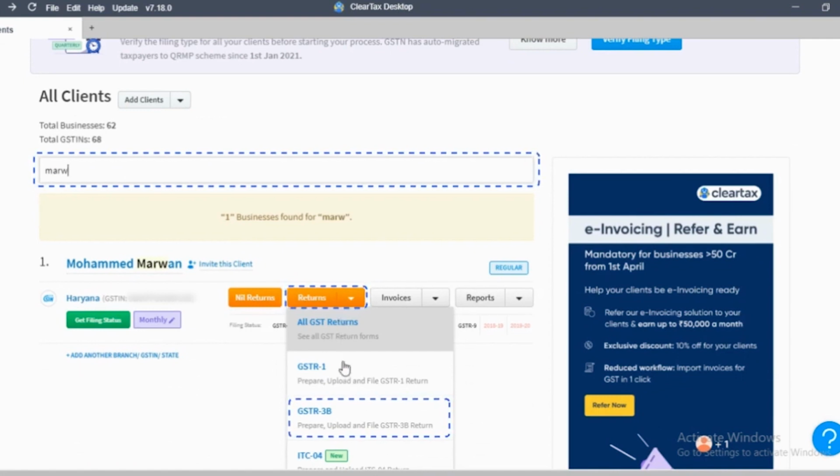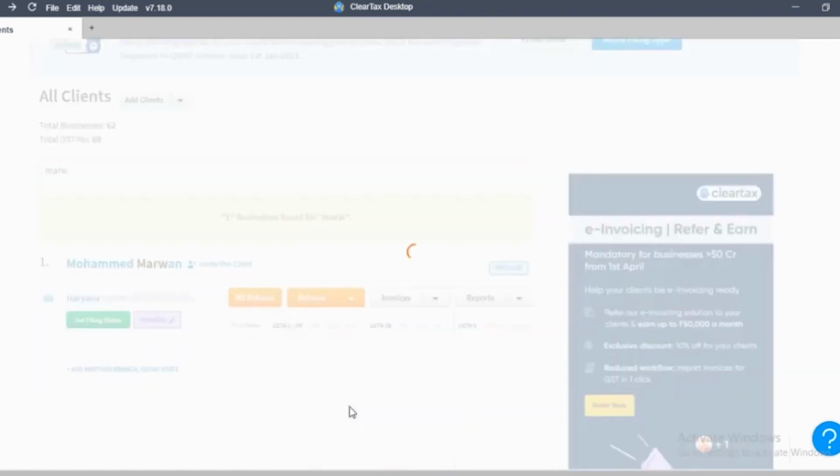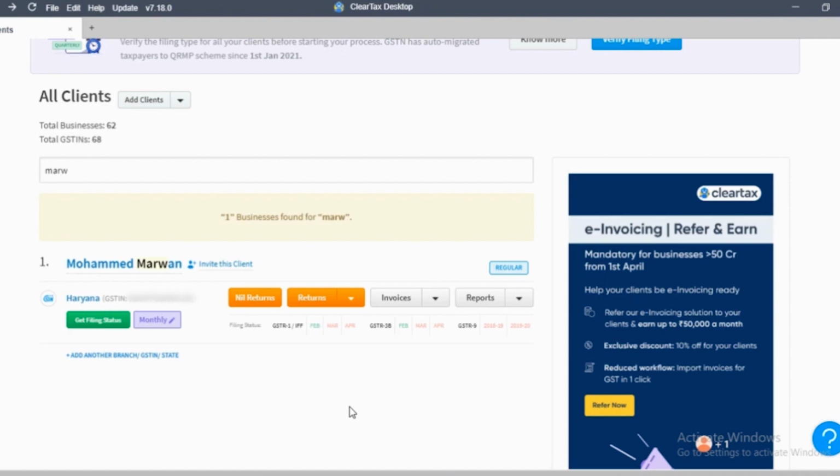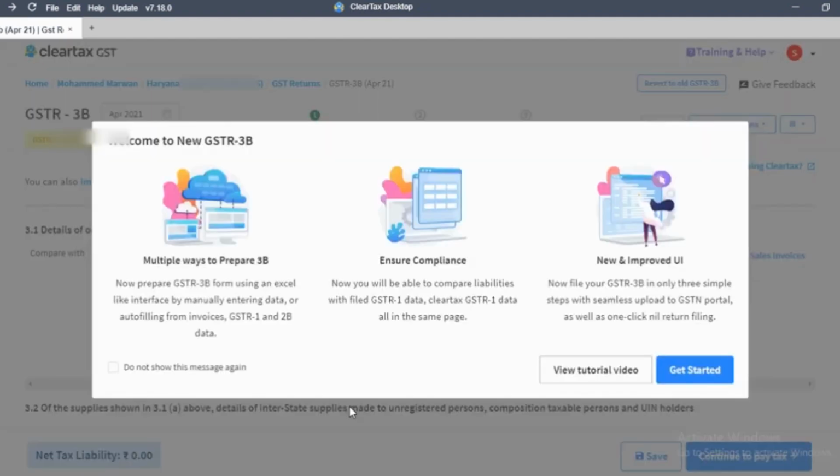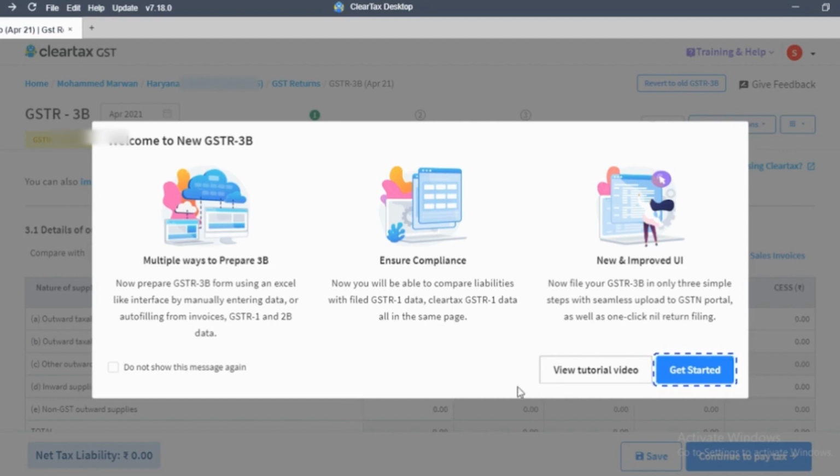Click on Returns under drop-down, select GSTR 3B. Once clicked, users have an option to view tutorial video for 3B. Let's skip for now and let's get started.